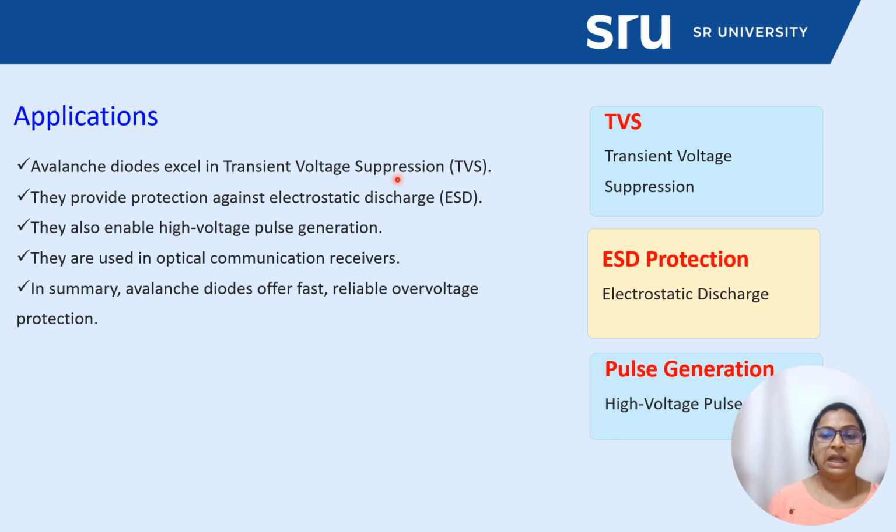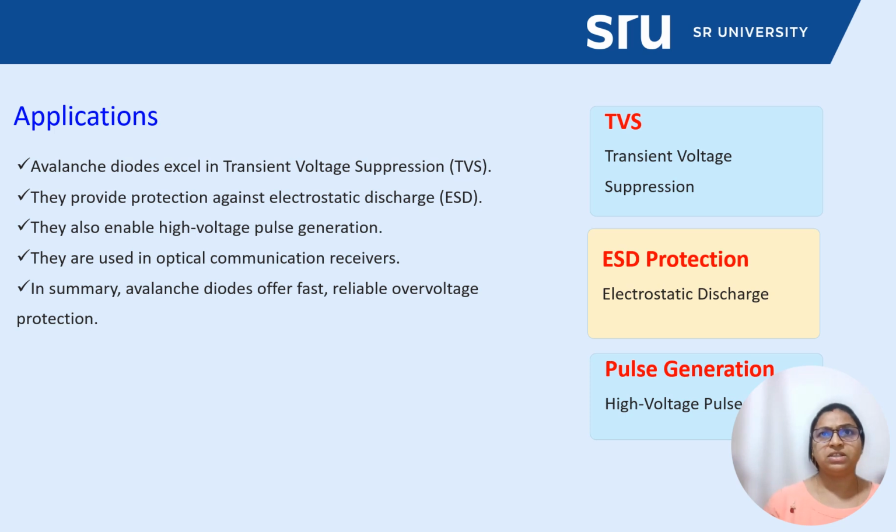If we highlight its applications, it can be used for transient voltage suppression, that is TVS, ESD, that is electrostatic discharge, or pulse generators. It is also used in optical communication receivers, and actually this avalanche diode offers very fast, reliable overvoltage protection. However, it has similar disadvantages to the varactor diode,